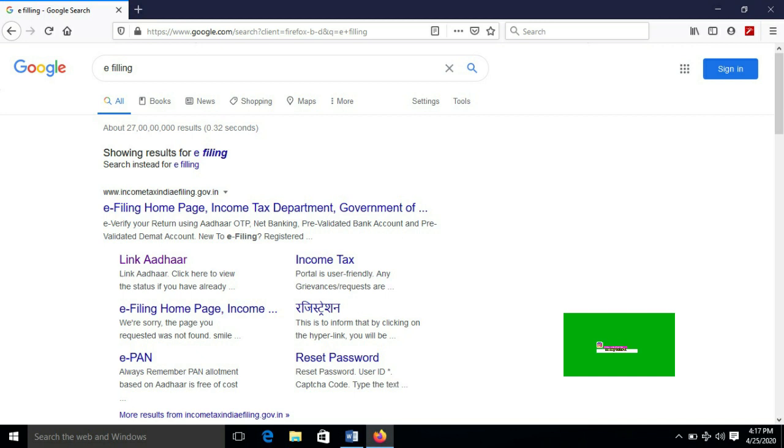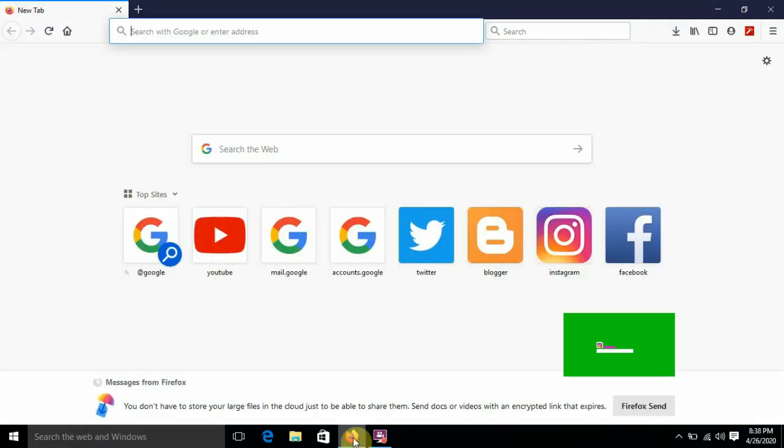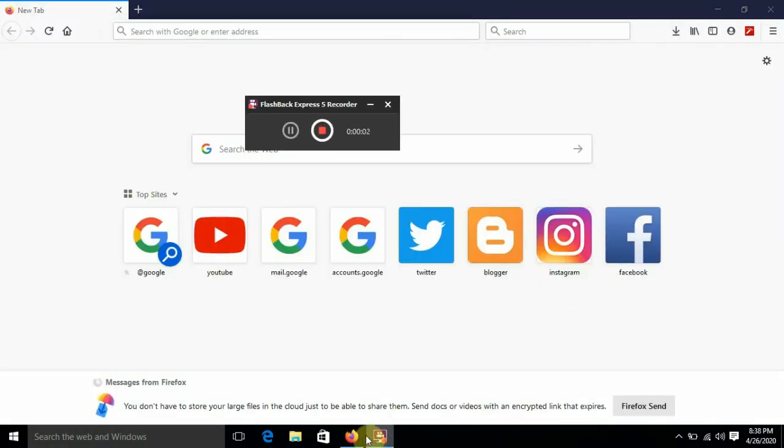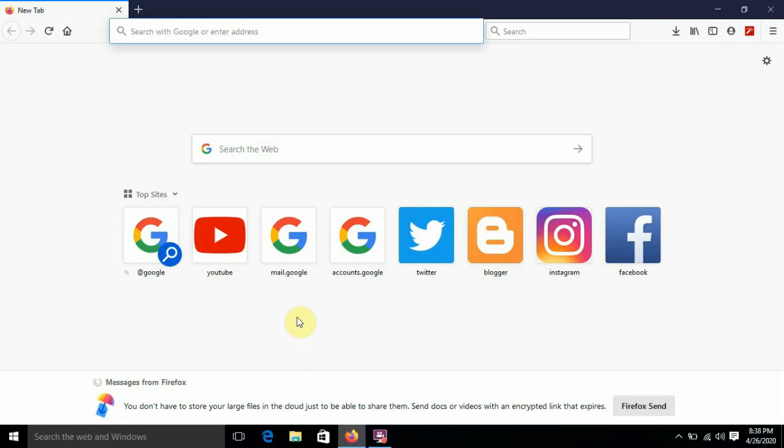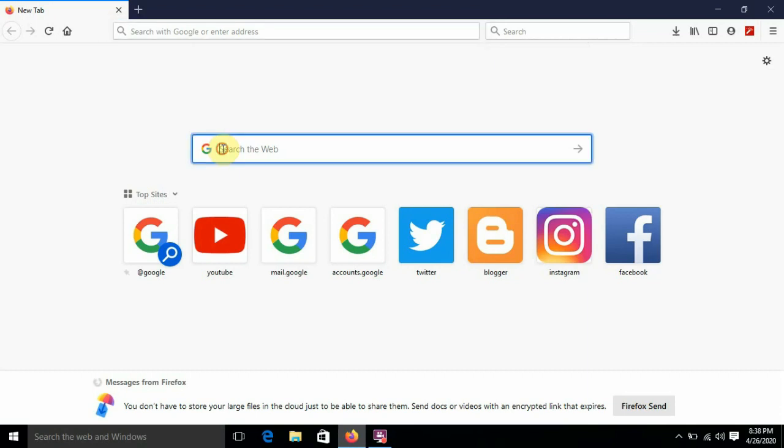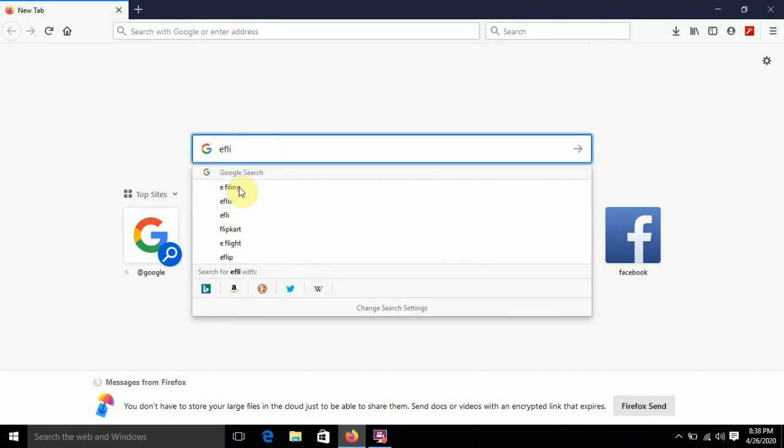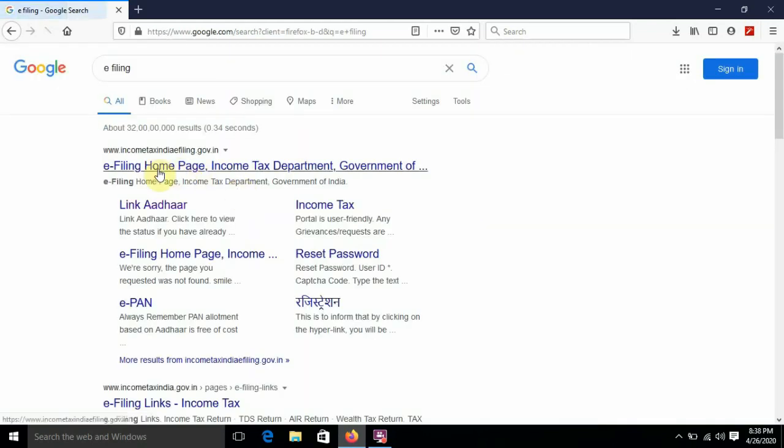After typing e-filing, you will see the income tax website. After getting into the income tax website, you will see the Link Aadhaar option. Click on that.